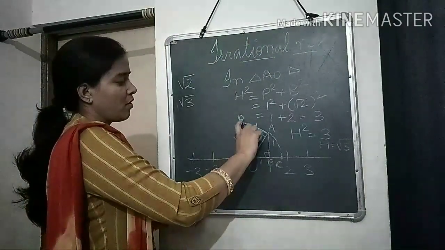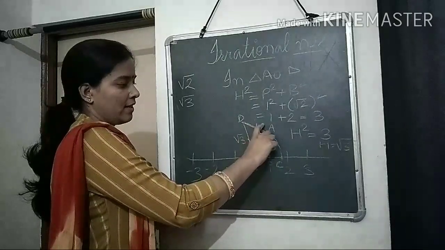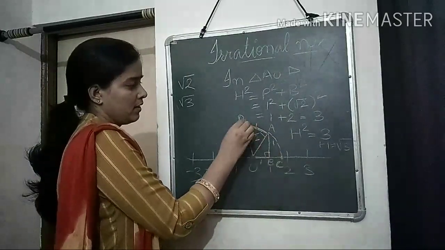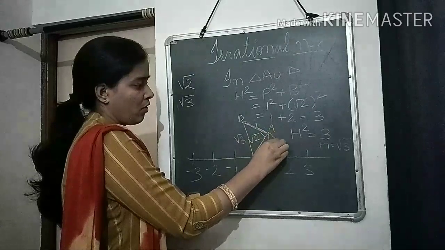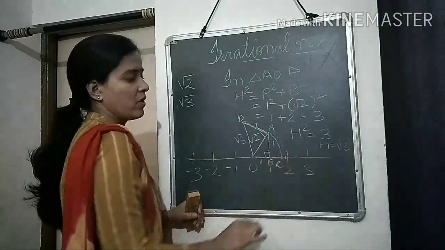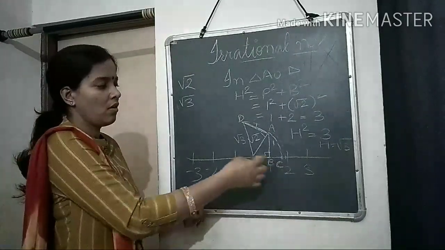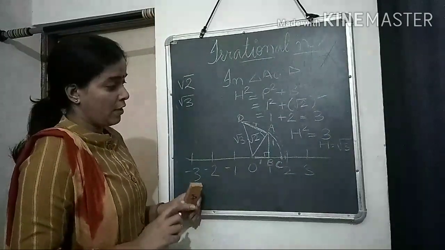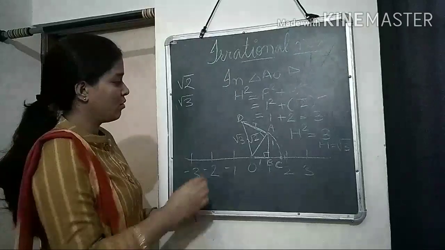So simply you have to measure this length and then again put an arc the same way you have put it for root 2. It will come somewhere here and this will give you the point root 3 on the number line. If you have to draw the point root 5,